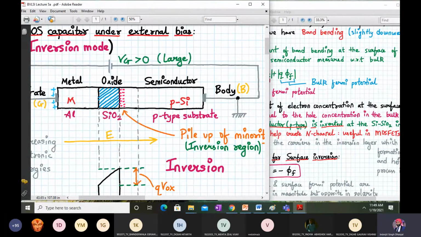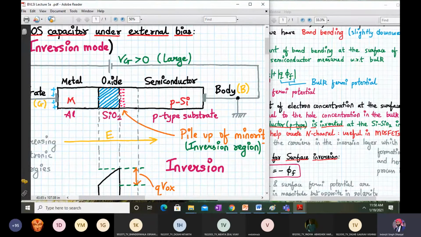Now if it is an N-type MOSFET, we have to have a P silicon substrate. Now this will justify that point. If you make an NMOS, that means we should have an N-type channel. That means we have to select the semiconductor base material, the substrate material, as P silicon. So it is the carriers in the inversion layer which will contribute to the formation of a channel, N channel or P channel, depending upon NMOS or PMOS, and hence it will help in the conduction process in a